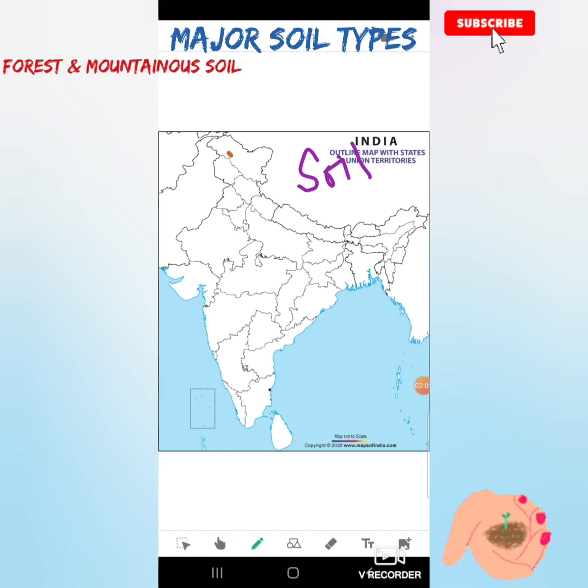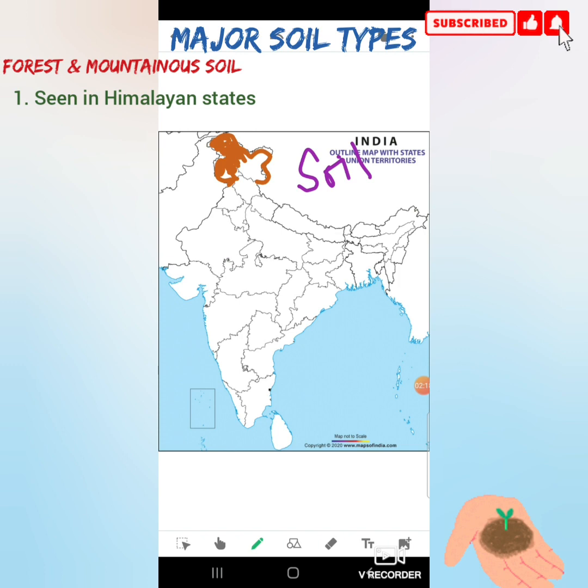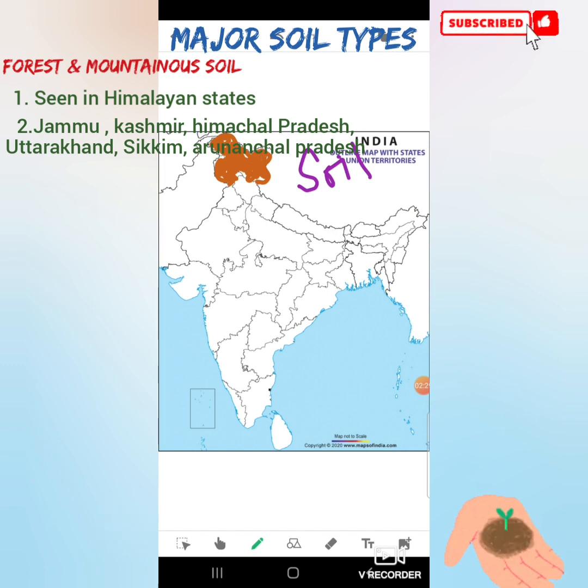These are found in the forest and mountainous region of India. So, where is the forest and mountainous region found in India? Yes, it is the Himalayan region. I am now shading the Himalayan region, and this Himalayan region includes which particular places you can see. This is Jammu and Kashmir I have shaded, then this is Himachal Pradesh, then the Uttarakhand part, then I am not shading Nepal. This is Nepal which is there in between, so I am not shading that.